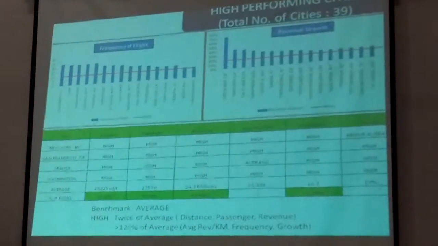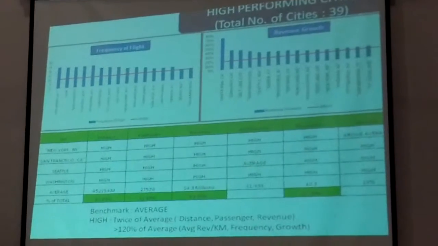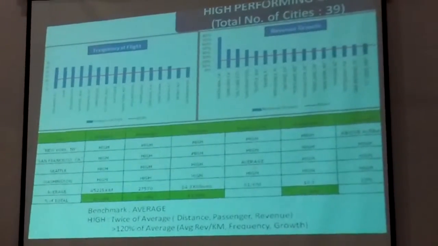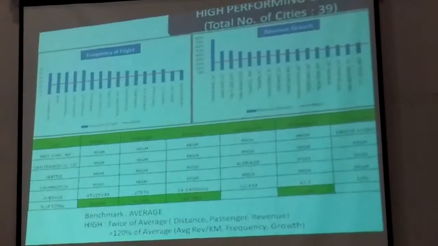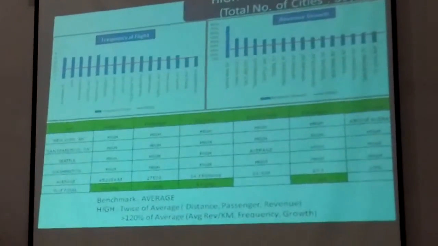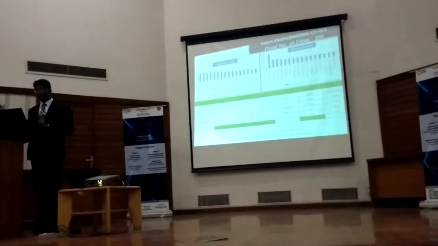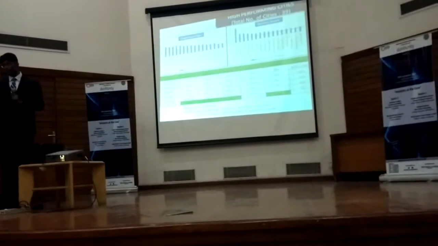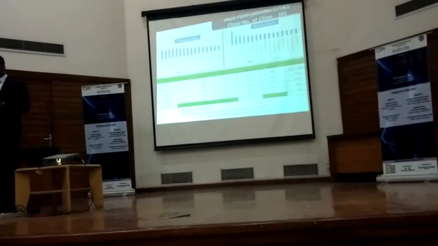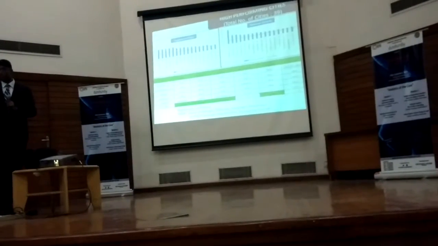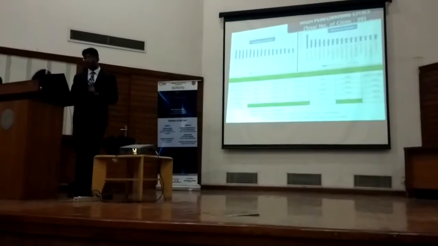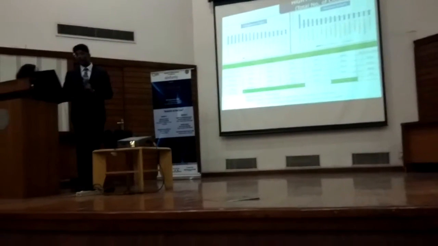When we see the distance, we see that 26% of the total distance is handled by these 4 cities. Again, coming to passenger base, 31% of the total passenger base of our sample is covered in these 4 cities. Again, revenue, these 4 cities generate 42% of the total revenue for Prairie Airlines. Also, the frequency is very high. We are given 39 cities, but these 4 cities constitute 21% of the total frequency. That is, the number of flights is very high.